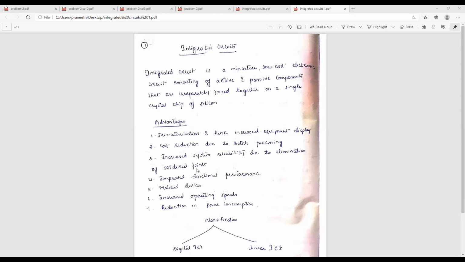Remember one more thing: internally in an IC you will have all the active and passive elements like transistors, diodes, resistors, capacitors, etc. But physical elements are not taken and placed inside. Simply we'll be using P and N materials over there. By the combination of these P and N materials only you will be forming them. An IC does not mean directly bringing physical elements and placing them.